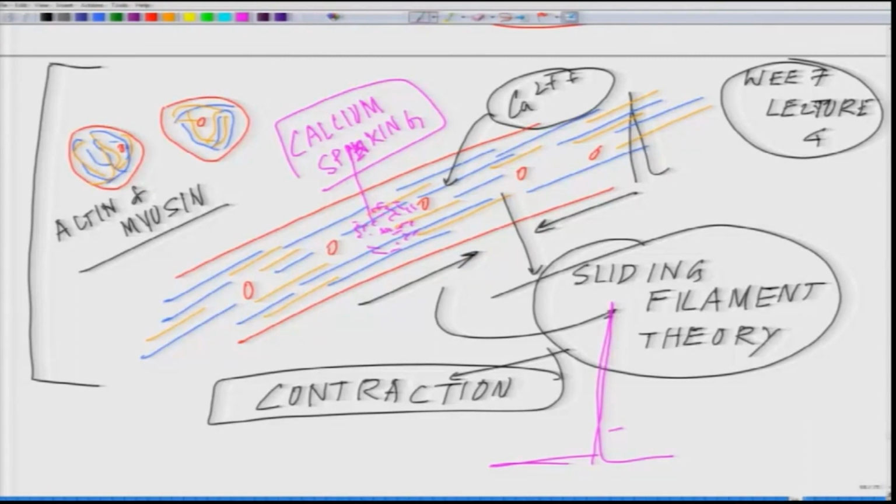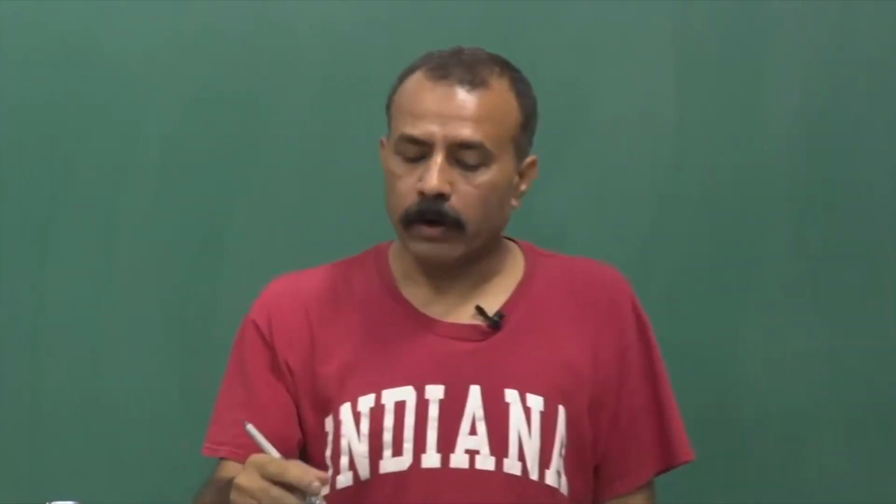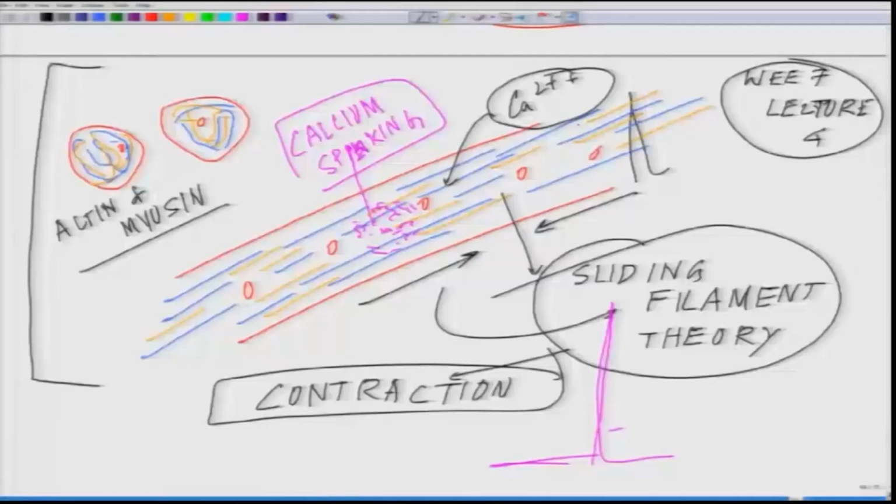But who controls that transient spike is a critical question. This transient spike is controlled by an organelle which is present in the myotubes. Now, I am adding complexity. Whenever you are trying to grow muscle, you have to keep that in mind. The organelle which is present in the myotube is called